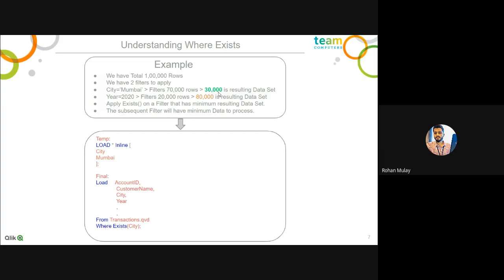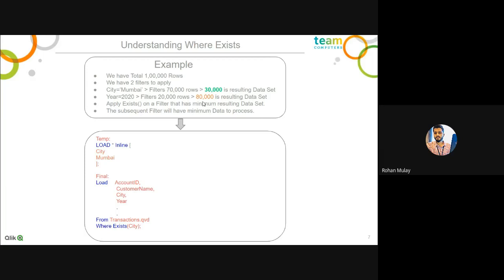So the resulting data set is 30,000 rows. Whereas when I'm applying the 2020 condition on 1 lakh records, it is filtering only 20,000 rows. So the resulting data set is 80,000. It is very visible that when I apply the Mumbai filter, it is 30,000, and when I apply the 2020 filter, it is 80,000.